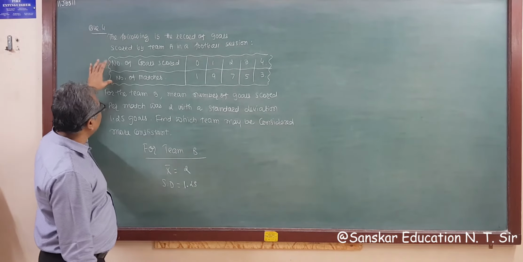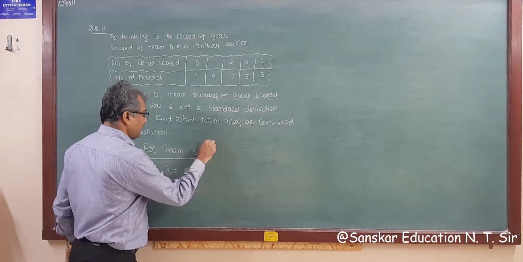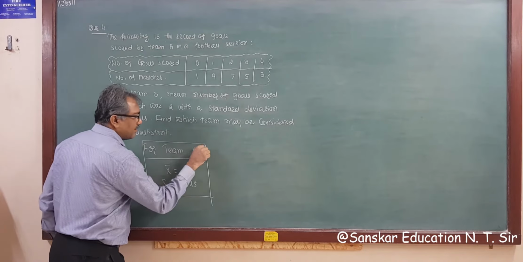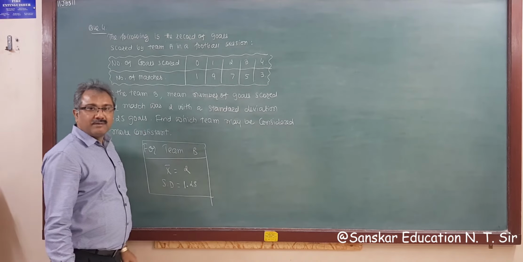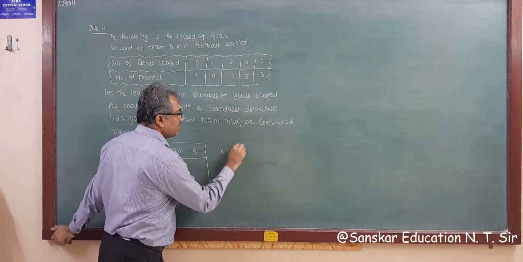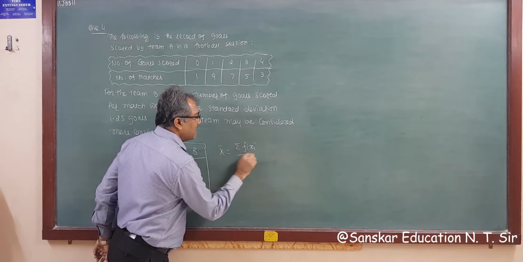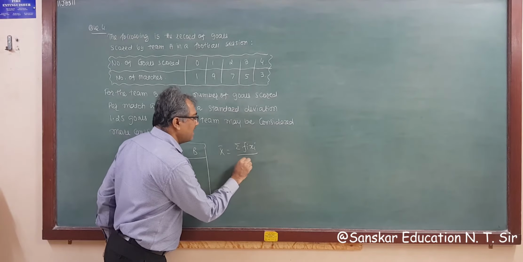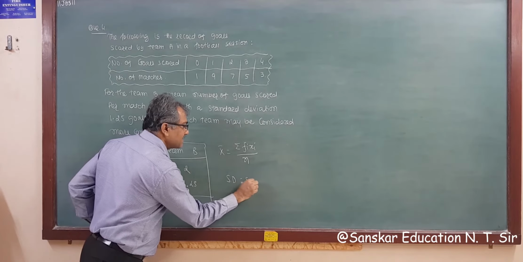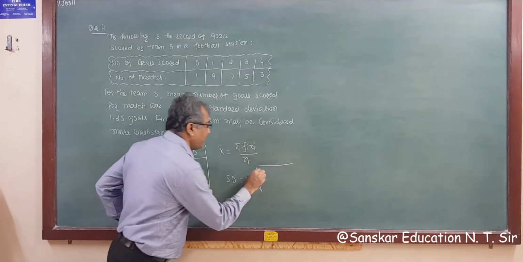So the given data is discrete data, and you know for discrete data what the mean is. So I am writing the formula here. This is data given for team A and we are making a list for the required mean and standard deviation. So the formula for mean x bar is equal to sigma fi xi upon n, that is sigma xi. And standard deviation, either S or sigma, but I am writing S only, is square root of sigma fi xi square.